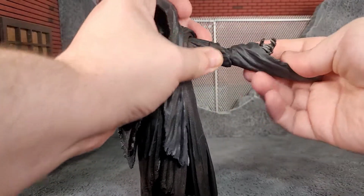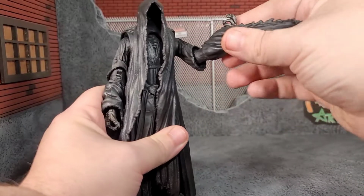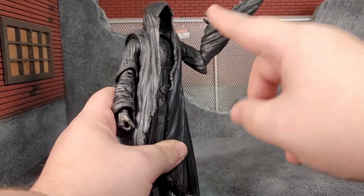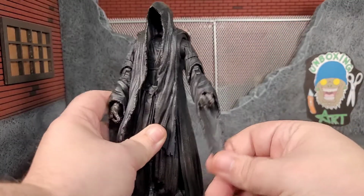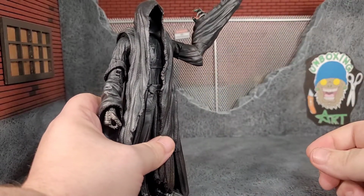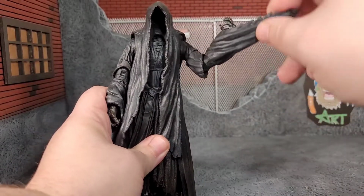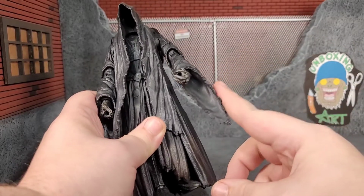Now, the biggest thing that I do have an issue with right now is that with this awesome sculpted work, gravity's pulling in this direction, so this looks normal. But when you start moving his arms up to do like a sword attack, it looks a little weird. That's the only thing I wish we had, maybe like soft goods, or it just wasn't as...